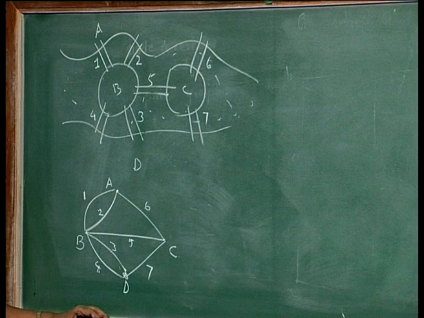Look at this problem. When you represent it as a graph, what is the degree of B? The degree of B is 5, the degree of A is 3, the degree of D is 3, the degree of C is 3. None of the vertices are of even degree. Even if one vertex is not of even degree, it cannot be an Euler graph. Here, all the vertices are of odd degree. So, this is not an Euler graph. So, you cannot have an Euler line, that is, you cannot start at a point, traverse through all the edges and reach the same point, having traversed each edge only once and having covered all the edges.